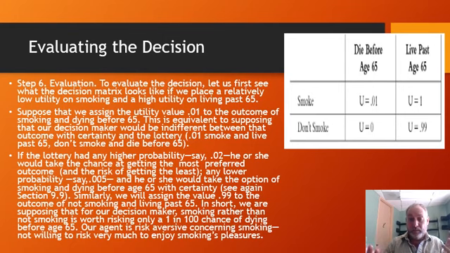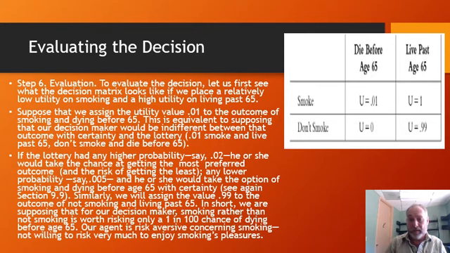And if you say, I don't care, I am indifferent between these, getting to smoke but knowing that I won't live past 65, and this little lottery where I have a tiny chance of getting to smoke and living past 65, they're the same to me, I can't even choose. If that's the level where you're indifferent, that means that you assign a utility of 0.01